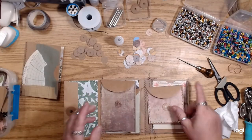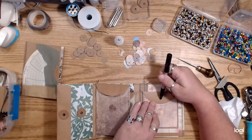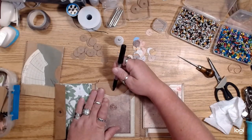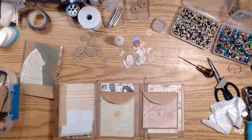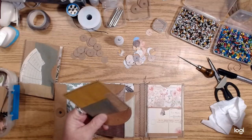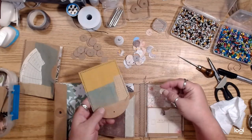Okay, so that one. And then what I do, this is what I've been doing anyway, is just take my Sharpie and make a little dot where I want to punch the hole for the other piece. So this one, whoops, make sure I use the small side. And then I'm doing